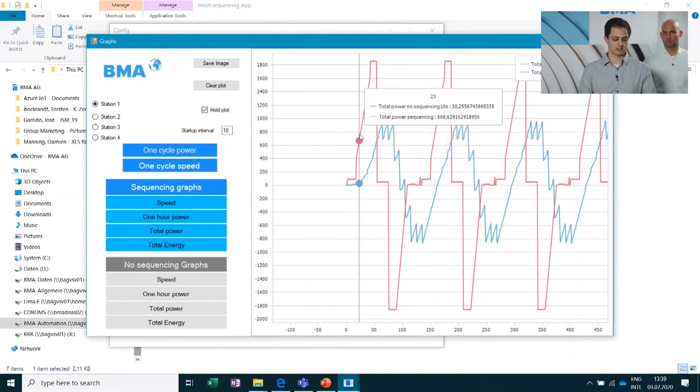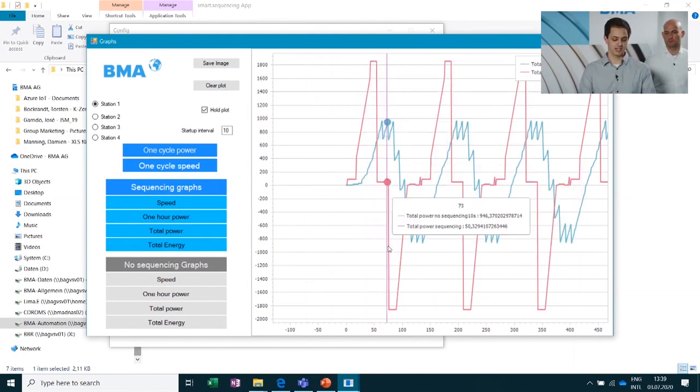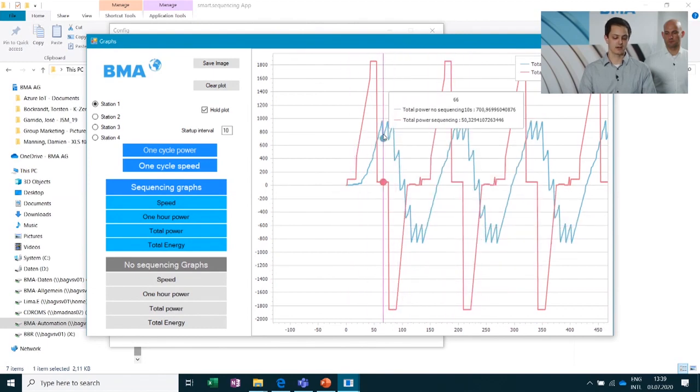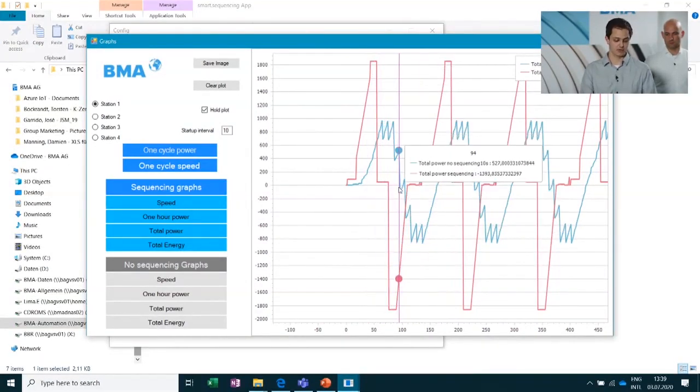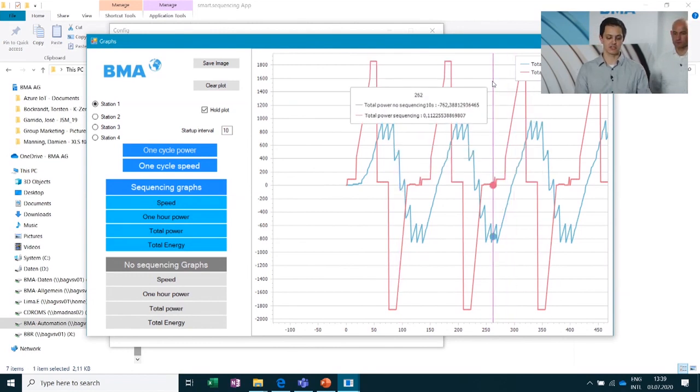So when the customer has all machines charging, he has really big peaks. But here, when we are doing it with sequencing, then the peaks are much smaller. Here we can see that the reduction was maybe minimum 50%. So this tool is also helping us to provide our customers some reports telling what we can calculate. Of course, this is only simulations, and sometimes this is not 100% the same as what we have in the sugar factories, but this is really helping us and our customers to calculate better the improvements.